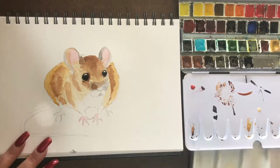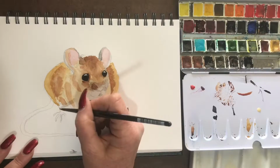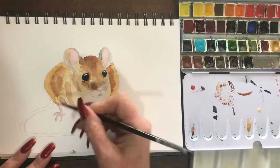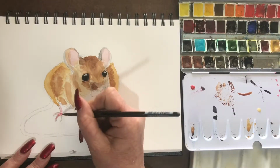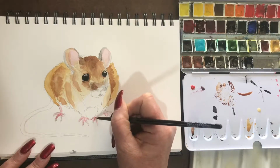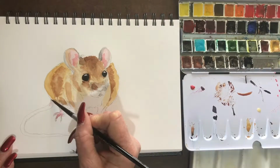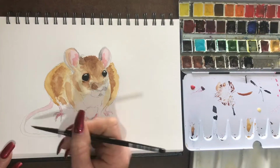And I'll go back in with a slightly thicker consistency of the Scarlet Red on his feet, just to make them a bit darker, because his ears are so transparent, but his feet are thicker, so they're darker. So yeah, put a bit more red on them, and then I'll go back to the thin mix for his tail, a bit darker in his ears, just down the bottom where it's the deep part of his ear. And now I'll just run the thin wash again over his tail,